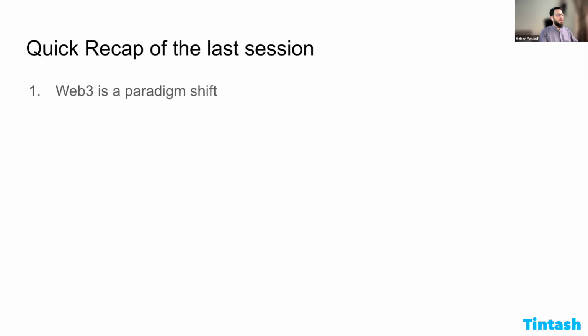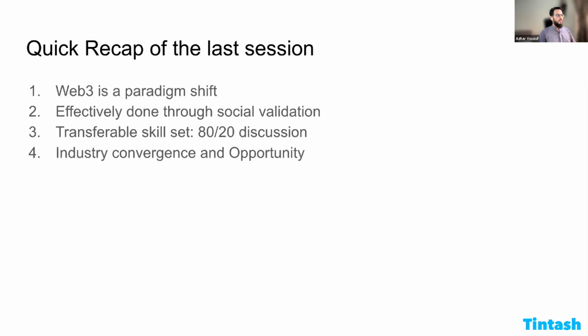We discussed how when we are developing a product in Web3, we don't have to rely on the muscle memory that we have developed from Web2, and we have to think of things differently. Then we also talked about how understanding this new paradigm requires a social validation. And for that, we are looking at facilitating this transition through this series.